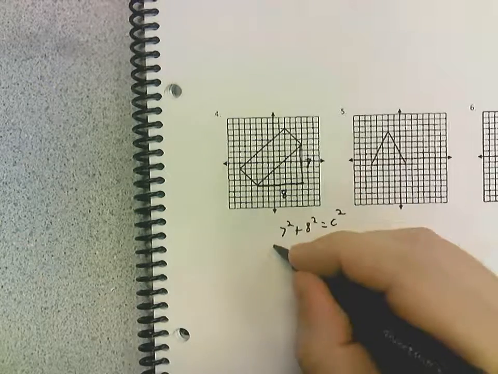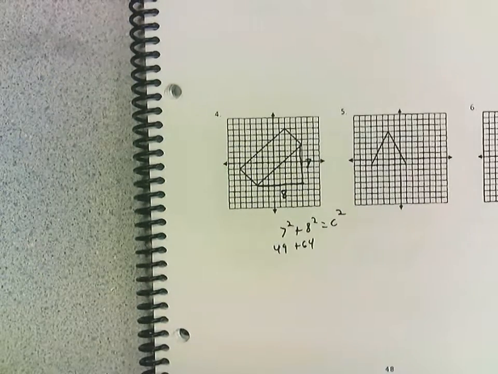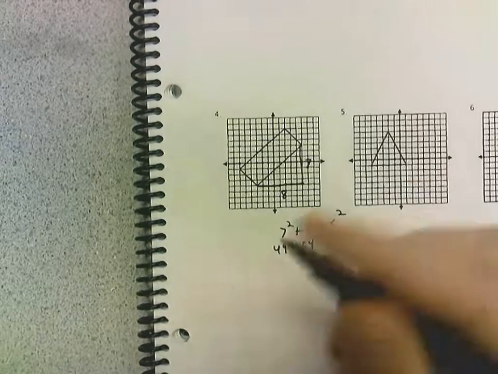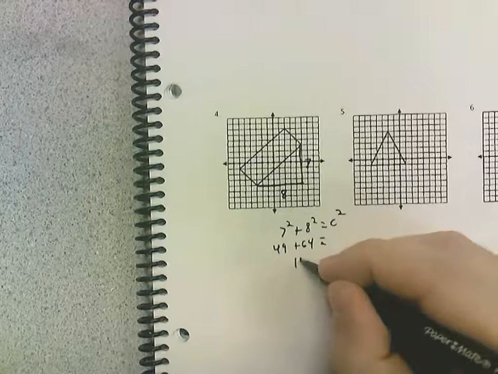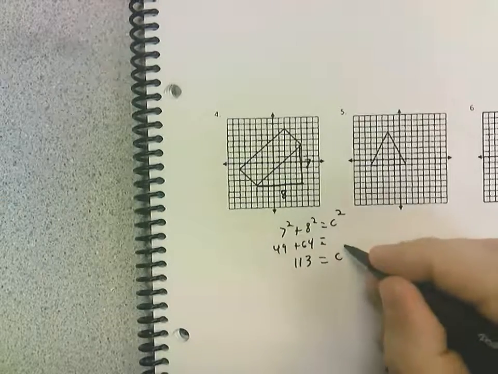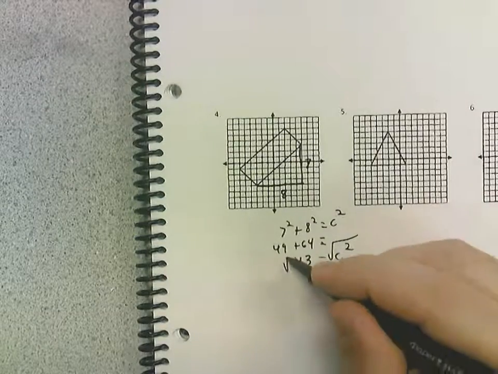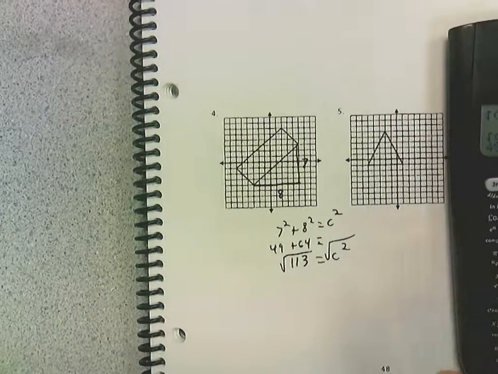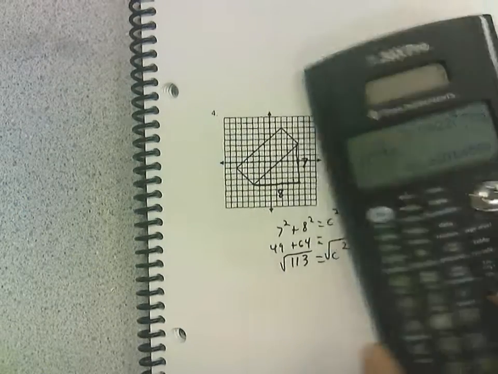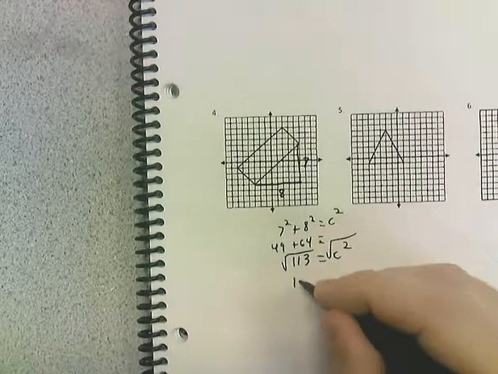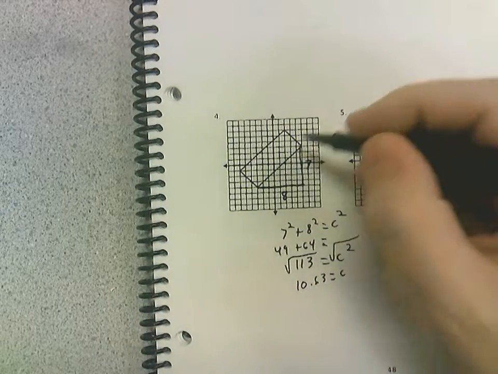So 7 squared is 49, 8 squared is 64, 49 plus 64 is 113. So 113 is equal to c squared. And then the last thing you do is you square root. The square root of 113 is 10.63. So 10.63 is equal to c. So this length is